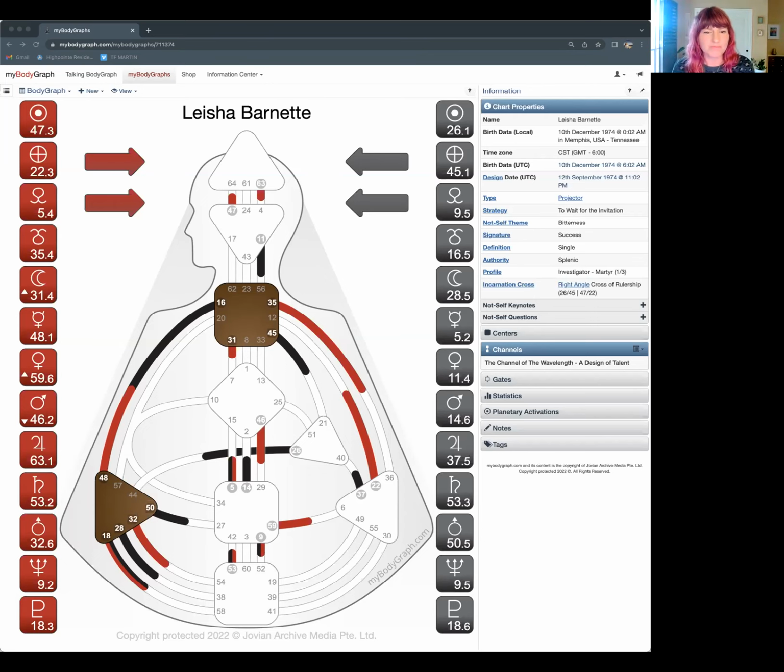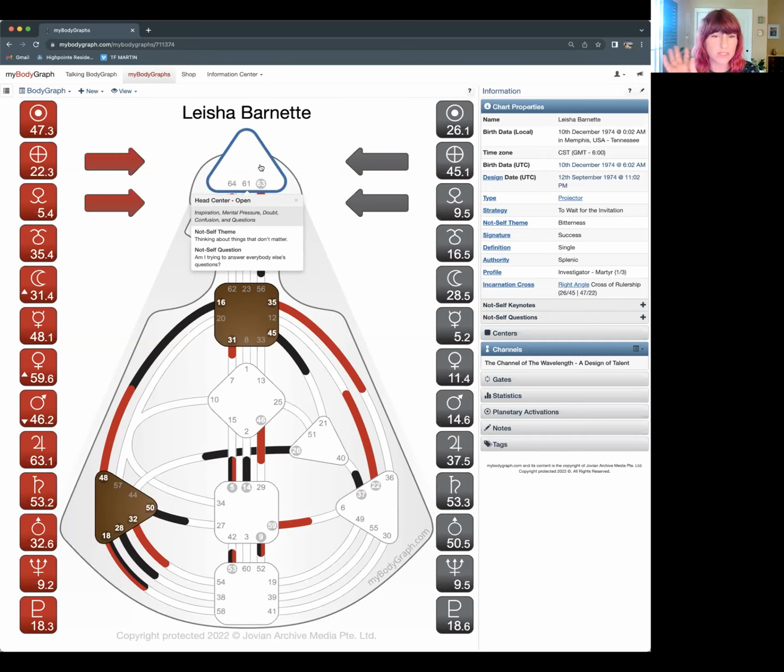So the not-self for the undefined head is thinking about things that don't matter, as we've said. The completely open head center is not knowing what to think. If you have a completely open center, it's not knowing what your relationship is with that thing. So it's like, I don't know what to think. I'm not sure what's interesting or inspiring. I don't know what to be confused about or what to doubt or what